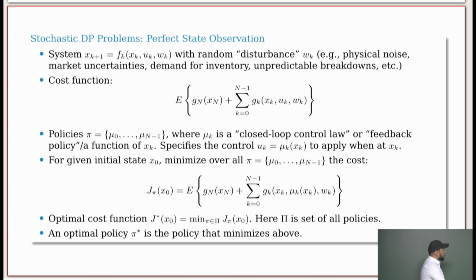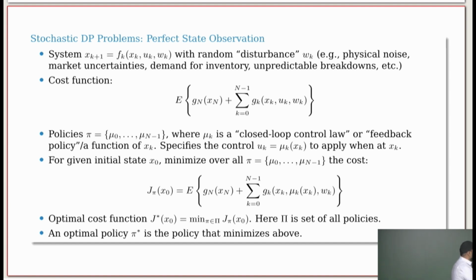It's a stochastic optimization problem now because you have wk here. And another change that you see from the deterministic case is that we have expectation here. Okay, so previously we didn't have this expectation term. Since this is a random variable, we can talk about some statistical estimates, like for example the mean. In this case, we are looking at the average value of the cost. So mean is possible to take. So in the cost, you will now see the expected value. Okay, so basically this is about the stochastic DP form,